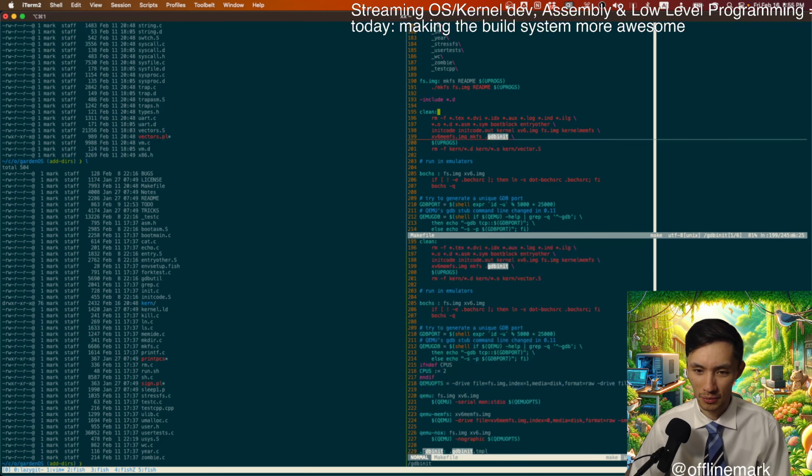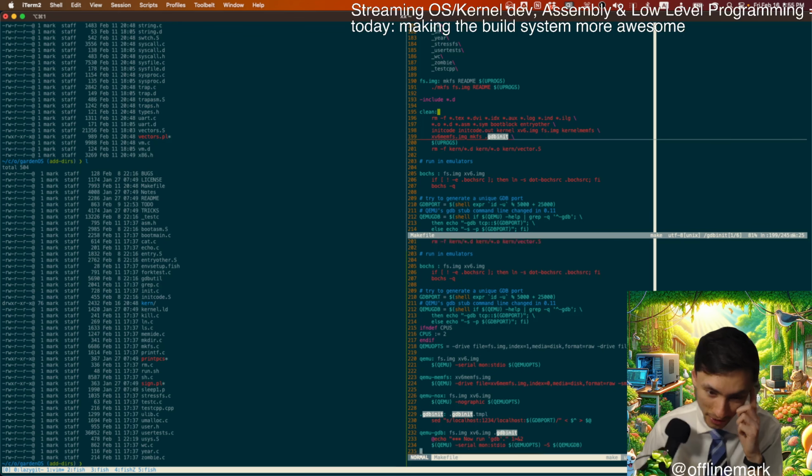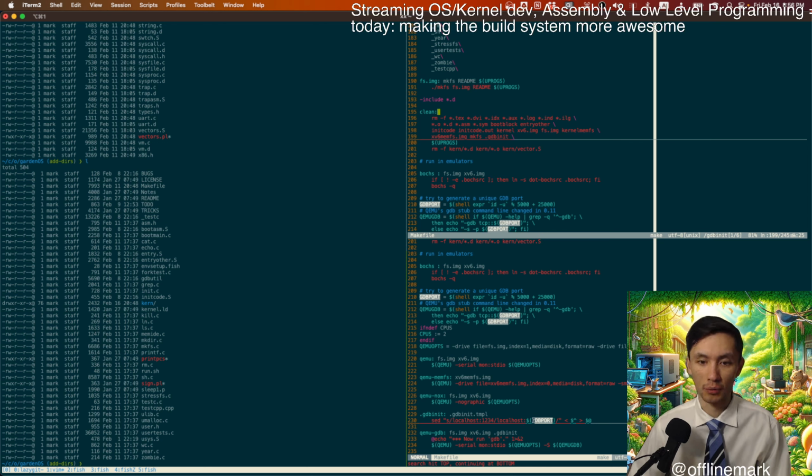That's just, wait, what? I thought that was part of the repo. Interesting. Okay, GDB init is actually omitted by the build system. Ah, that's fascinating. For some reason, apparently it needs to customize this template with this GDB port, which, oh wow.